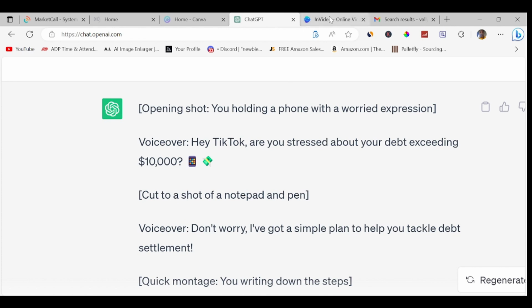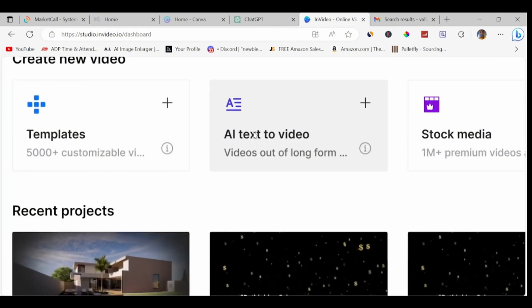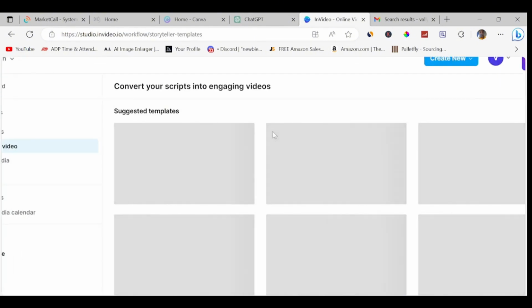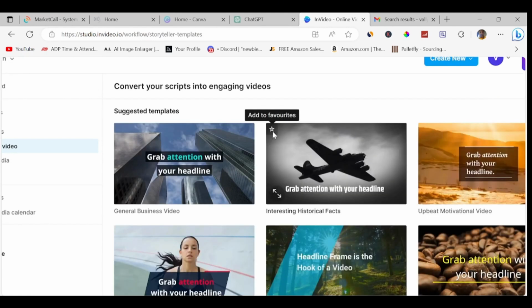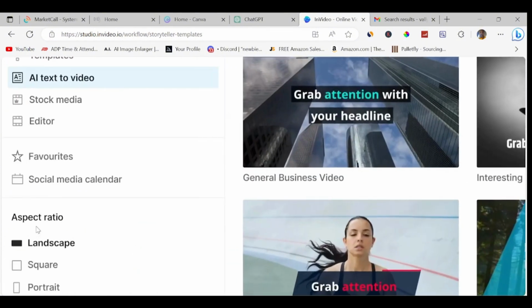You go to InVideo and you go to AI text to video. And in the AI text to video, what you're gonna do? You're gonna find the template and you will put the text. But before I do any of these, I have to go on the left. I'm gonna